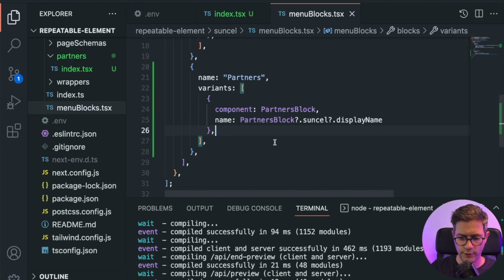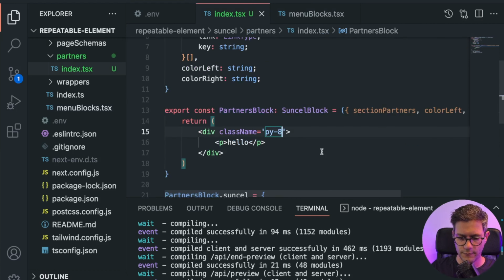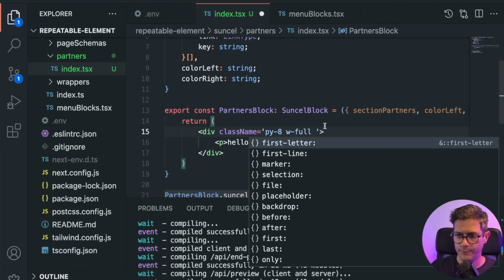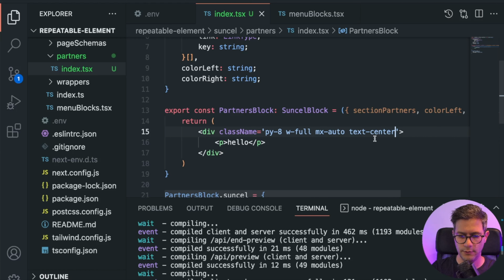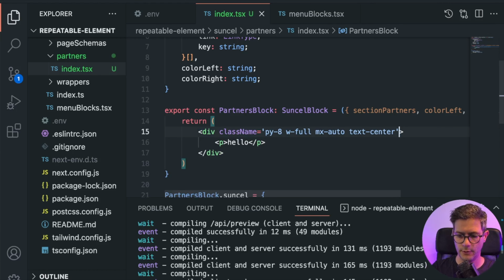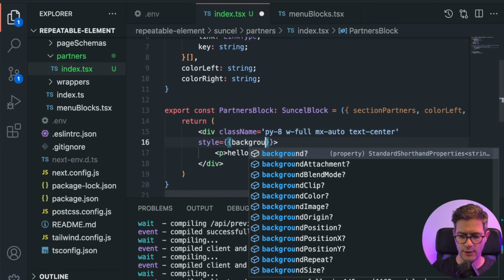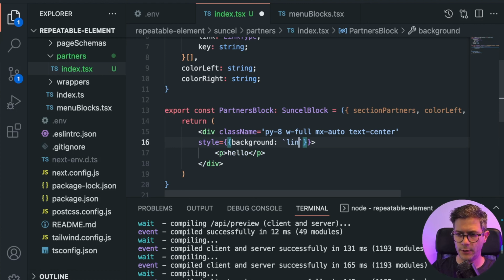So let's say we want to create first the background color, and so let's start. Okay, so let's give it a full width, and MX auto, and let's say that we want to center the text. Good. So now we want to give this div style with background, and this will be linear gradient with,